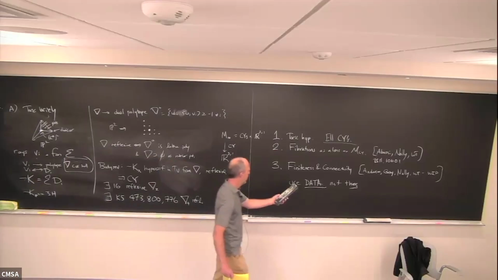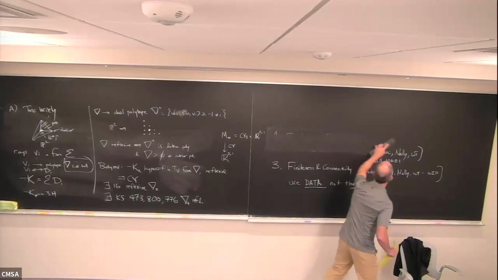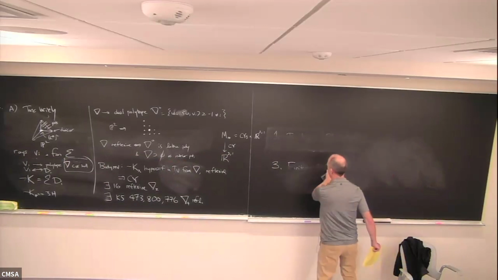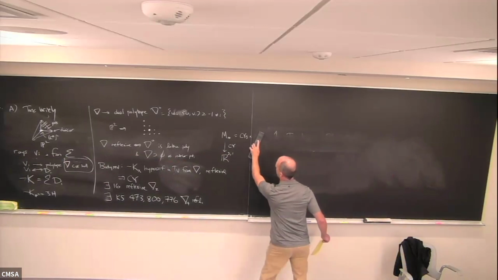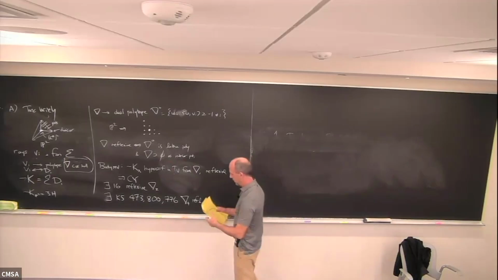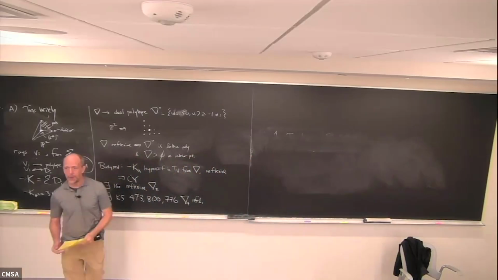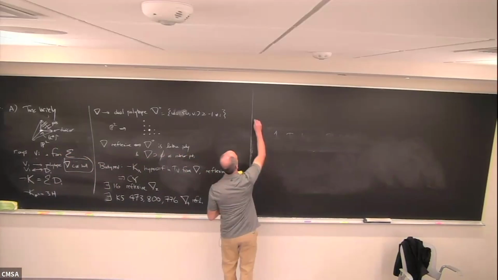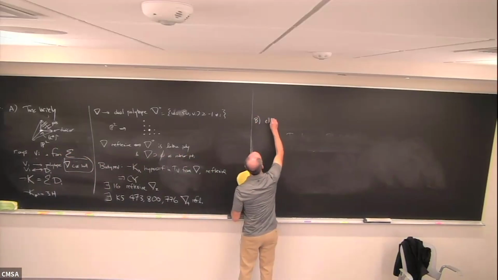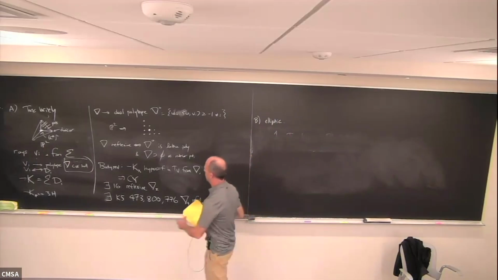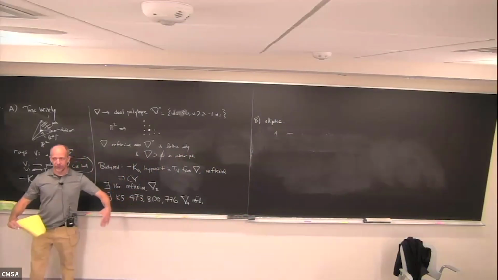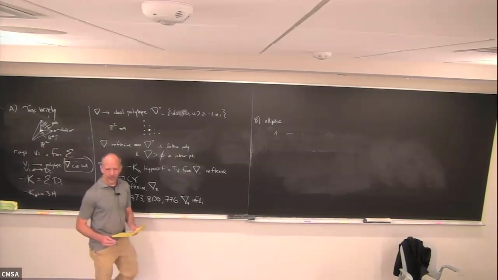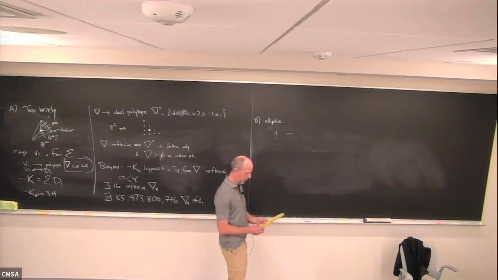This is where the business of data comes in that I mentioned. Okay, so that's one piece of what we're going to talk about, these Kreuzer-Skarke toric hypersurface Calabi-Yaus. Any questions about that? Okay, now let's talk about elliptic Calabi-Yau threefolds. And by the way, this set is obviously finite, but it is a substantial subset of all Calabi-Yaus, and we can talk about how far it goes.